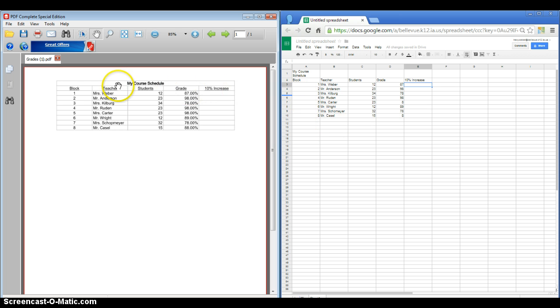I can see that my title here needs to be merged and centered above all columns of information. And in this case, this spreadsheet goes from column A all the way over to column E. So to select, I'm going to point right in the middle of the cell, and I'm going to click and drag. That allows you to select. To merge and center,